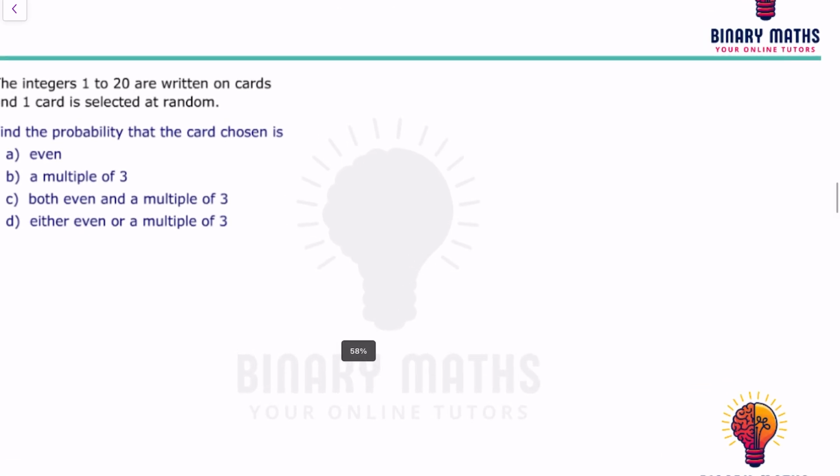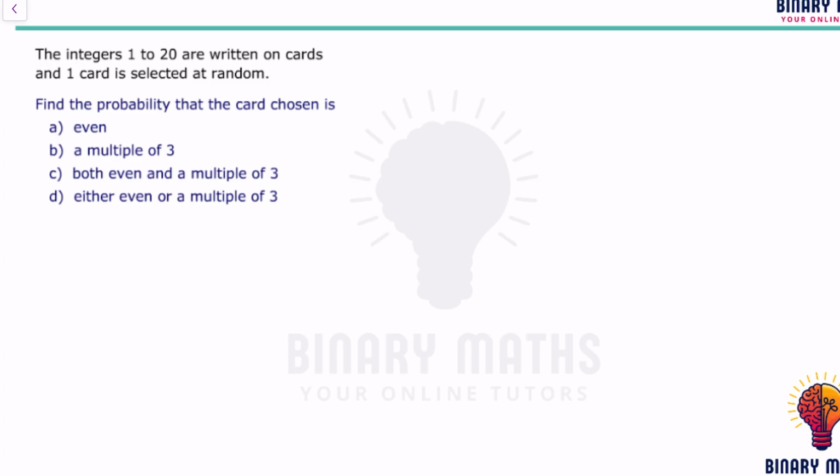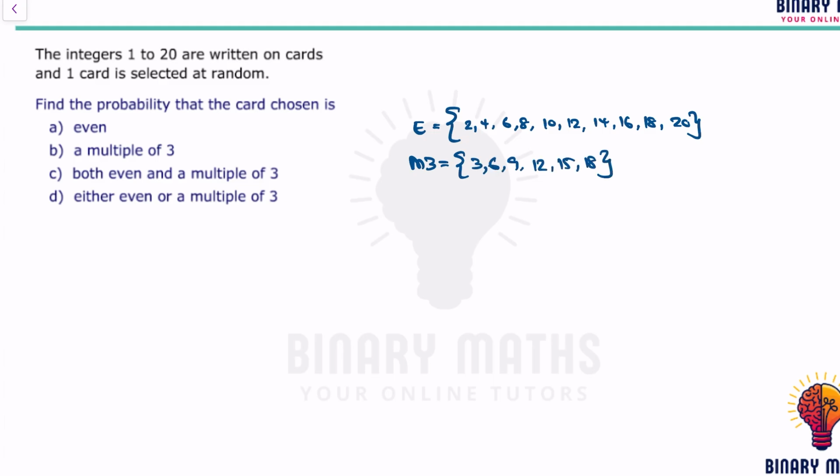Okay, the integers 1 to 20 are written on cards, and one card is selected at random. Find the probability the card chosen is even. So the cards that are even are 2, 4, 6, 8, 10, 12, 14, 16, 18, and 20. Multiple of 3, let's call it M3, is equal to 3, 6, 9, 12, 15, and 18. So we're going to do this not using a Venn diagram, because if I were to draw a